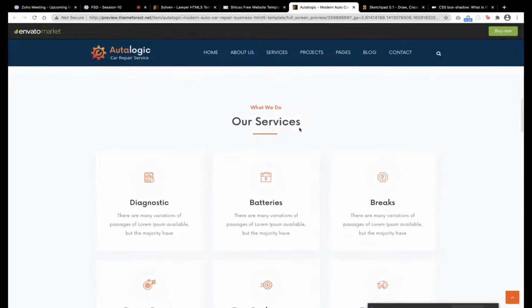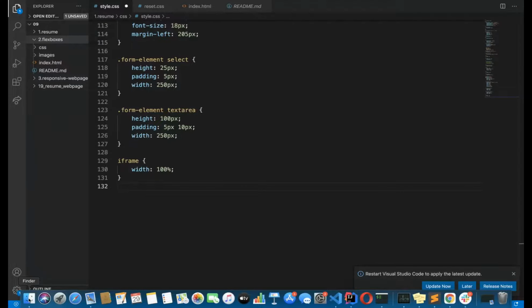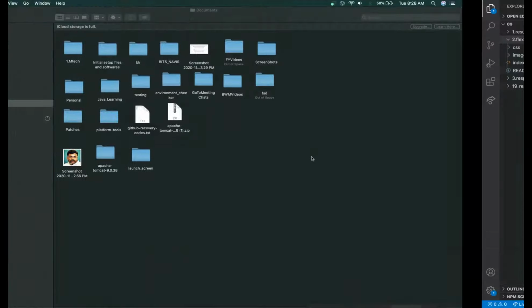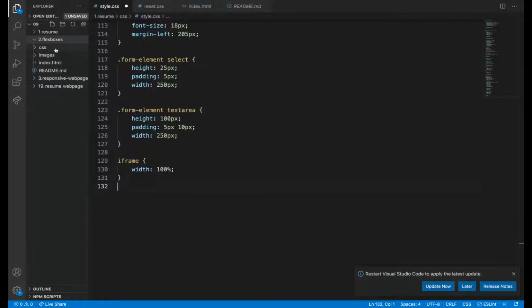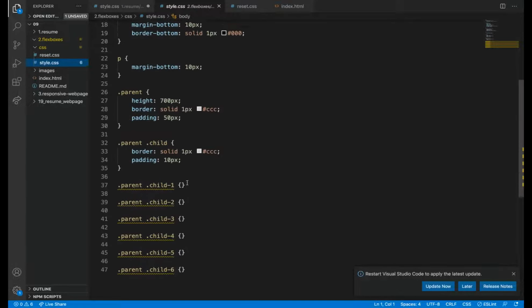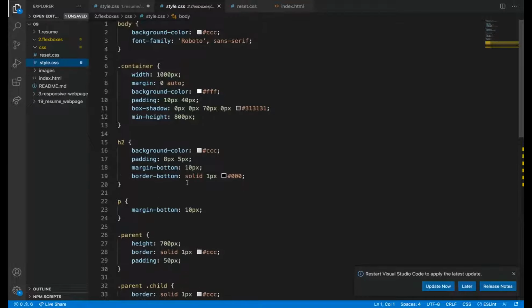Fine. For this, I'll take one example. Already I have it. Wait, whether I have written the style sheet. Okay.